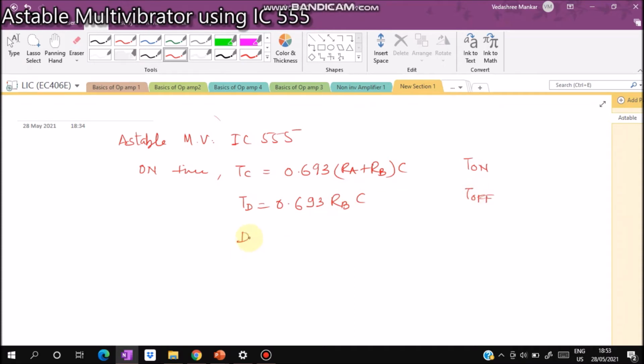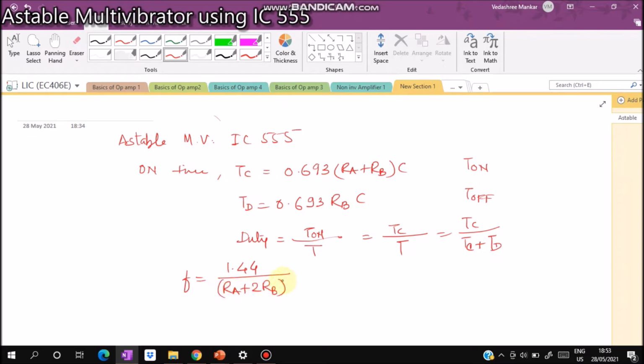And the duty cycle we can calculate by T on upon total T, which is nothing but Tc upon Tc plus Td. In this way we can calculate the duty cycle, and the frequency of oscillations is given by 1.44 upon (Ra plus 2 times Rb).